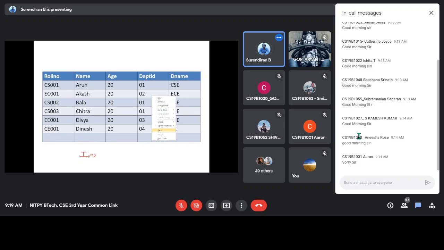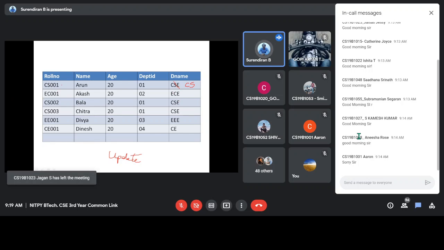Update anomaly. Let us say you want to change CSE to CS. The code you want to change as CS, not CSE. But if you update only for Arun's roll number, other places will still be CSE, but here it will be CS.